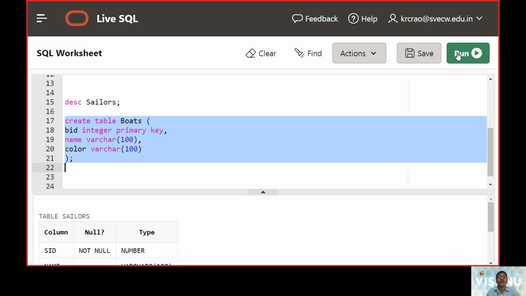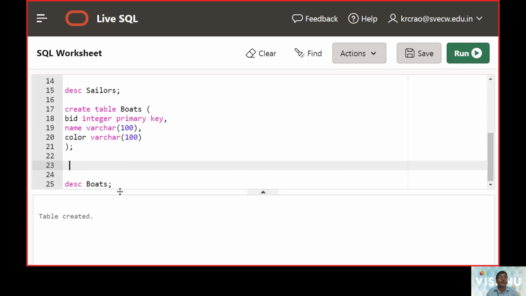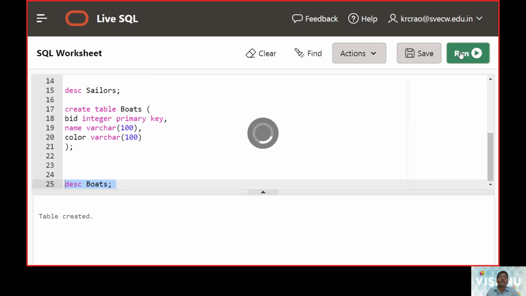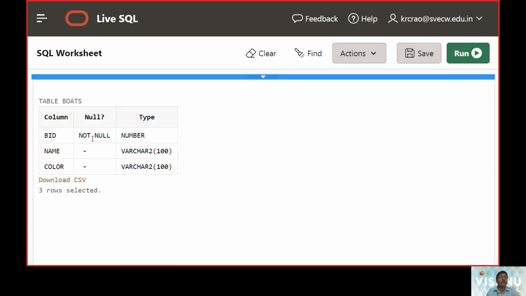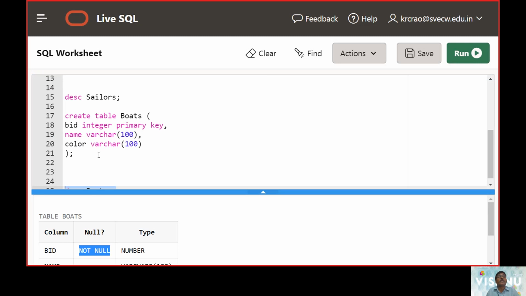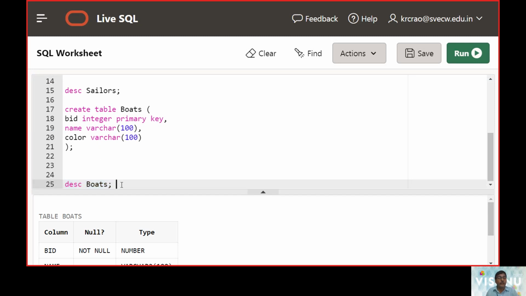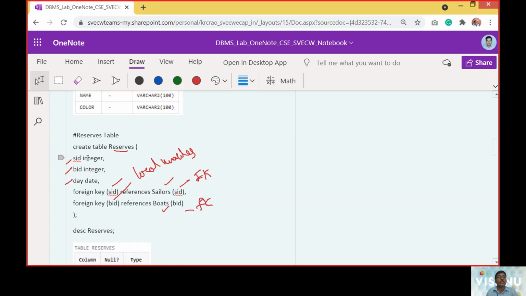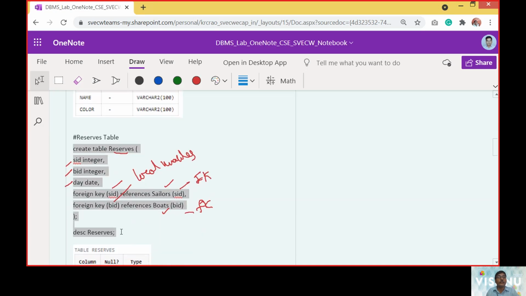We execute this, and at the bottom we can see that the table was created. Now let us describe the table. A primary key supports both unique and not null, which is why we get this item as not null. Now two tables are created, and let us choose the third table.